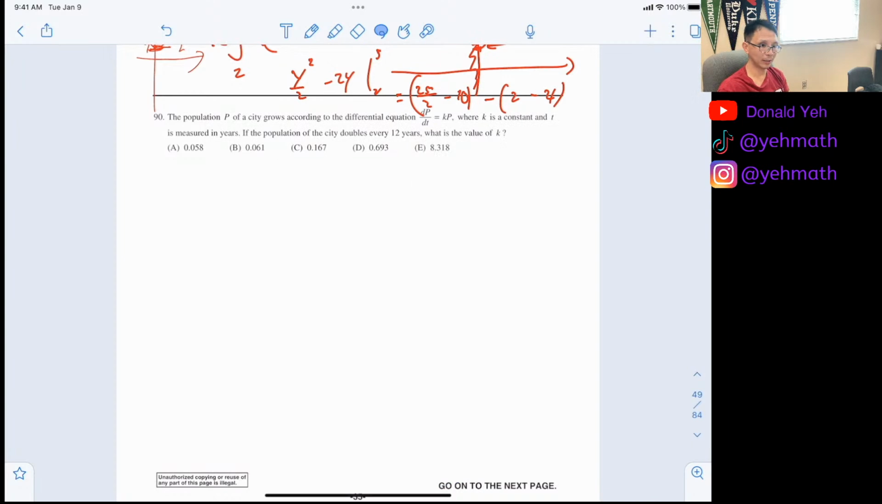half-life. Decays. dP/dt is equal to kP. Now,